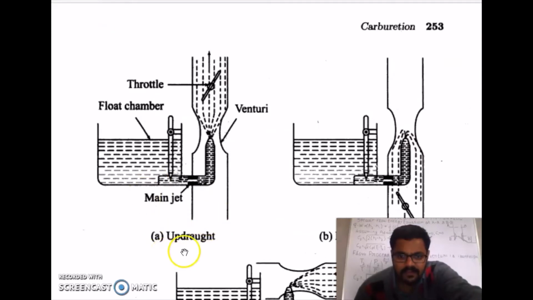You can see in this figure, this is your updraft carburetor. So the air will enter from downside and it will carry the fuel from here along with it. The fuel droplets will go in against the gravity, so they will go in the upward direction. So it is possible only when your air will carry droplets with the help of friction. So the tube size should also be small, because otherwise it is difficult for air to carry this fuel.